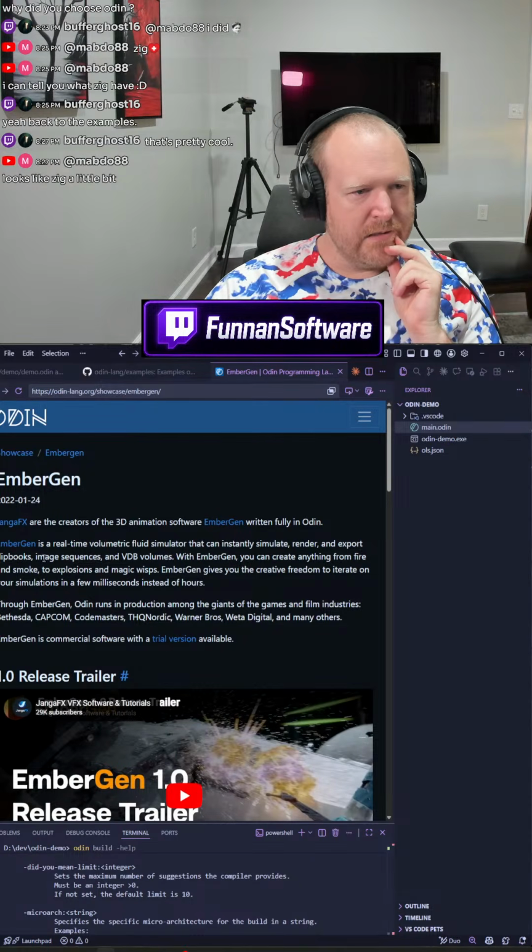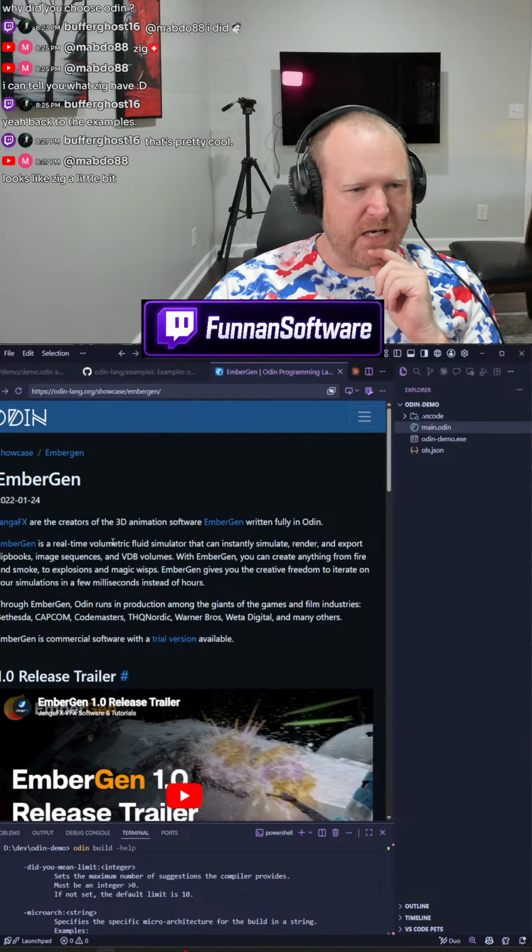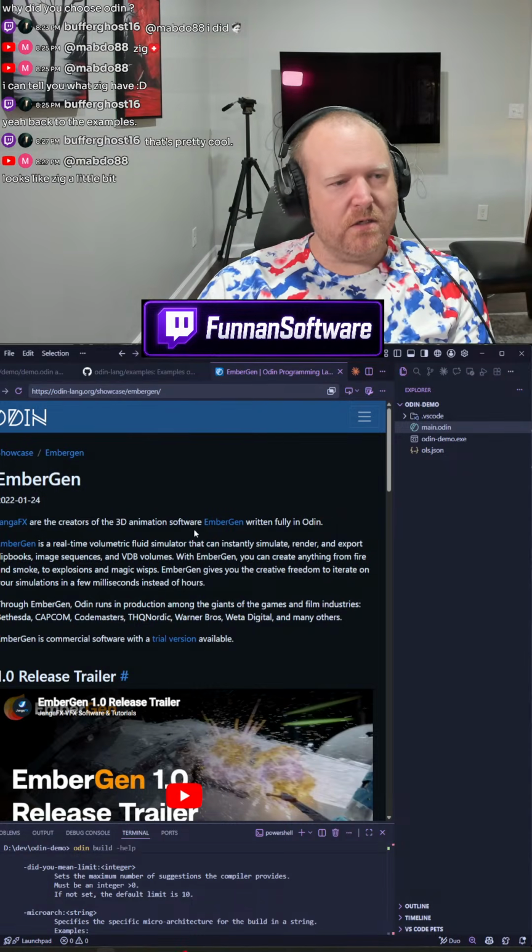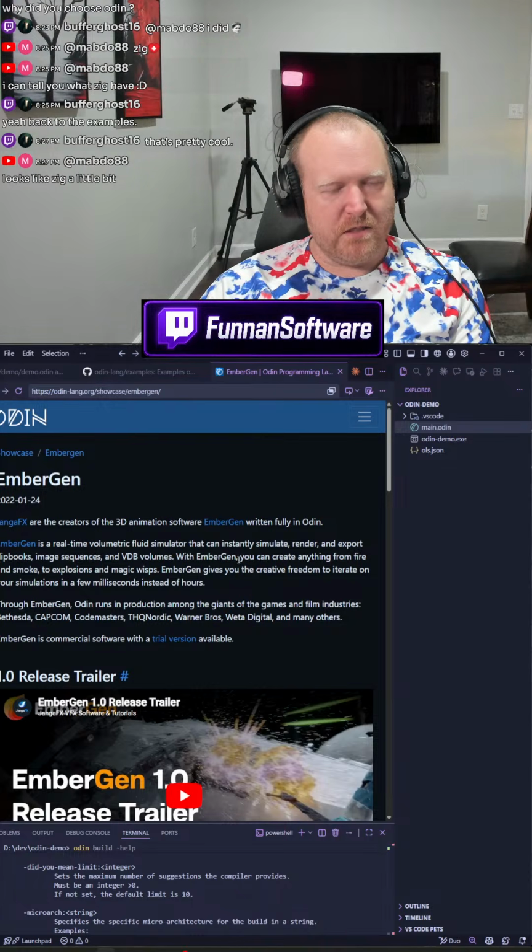What's Embergen? Holy crap. Embergen is a real-time volumetric fluid simulator that can instantly simulate, render, and export flipbooks, image sequences, and VDB volumes. With Embergen, you can create anything from fire and smoke to explosions and magic wisps.